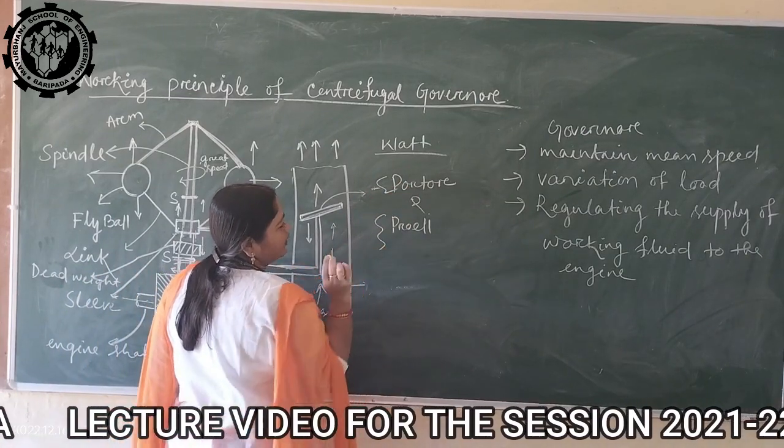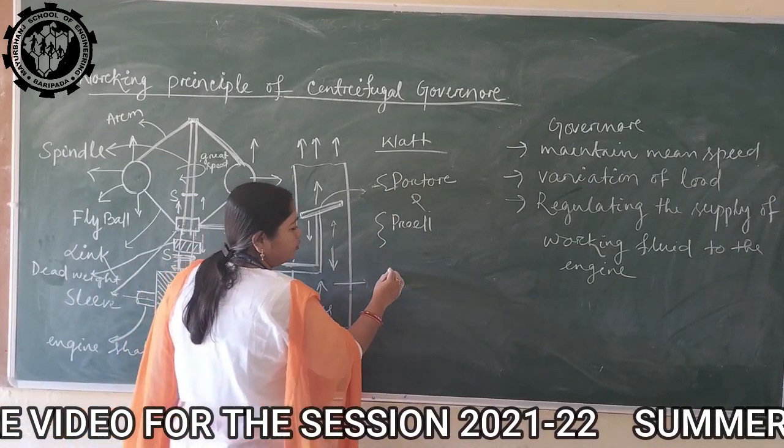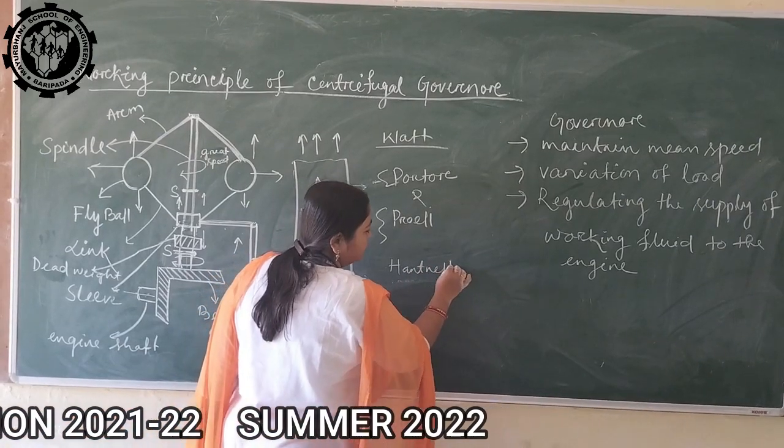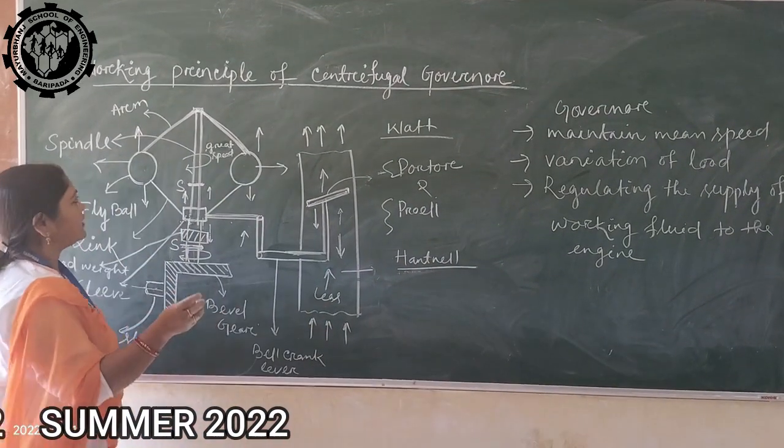Therefore, heavy vehicles can be controlled by the help of a Porter and Proell governor. What is the spring loaded type governor? Your Hartnell governor. In the Hartnell governor, the difference is there is a spring